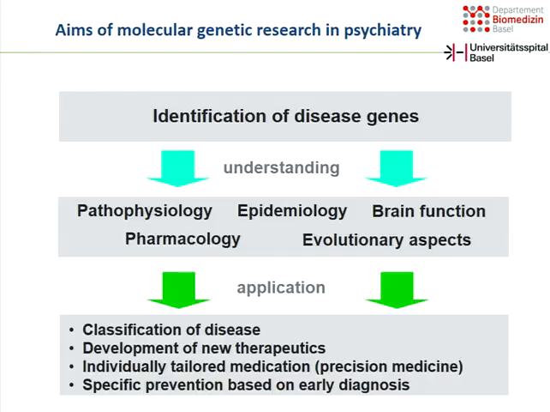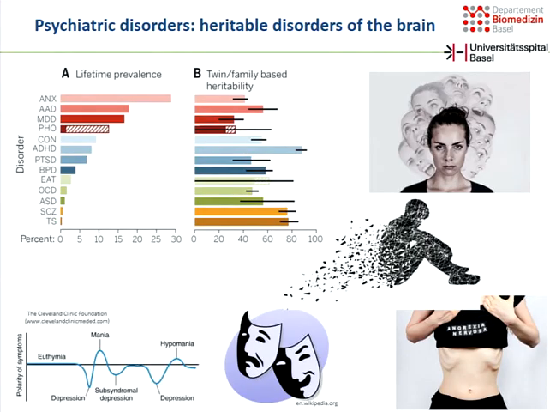And what you see here is heritability values that are a little bit different between the disorders, but you can see there is a substantial genetic contribution to all of these phenotypes. And so we can be hopeful that we identify the underlying genetic effects that contribute to these diseases.